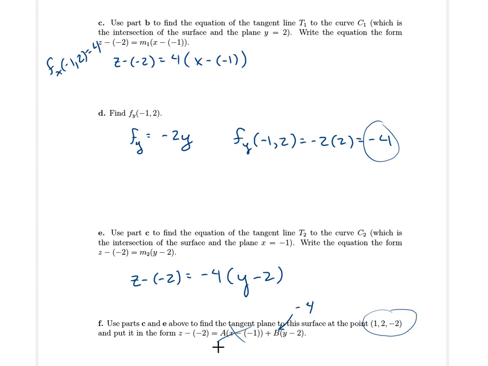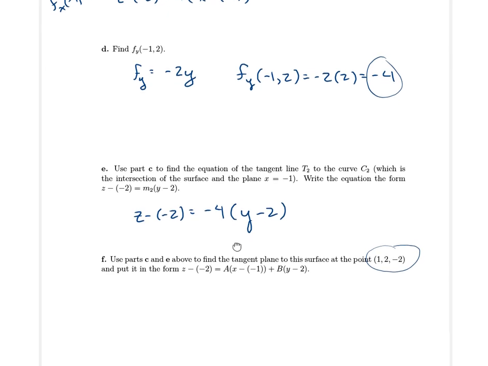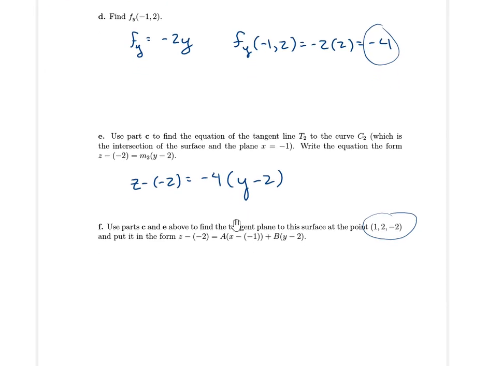So when you write a tangent plane in this manner, the a and b constants have to be the partial derivatives with respect to x and y respectively at that particular point. So here's how we would just wrap this up: we would note that a must equal the partial,